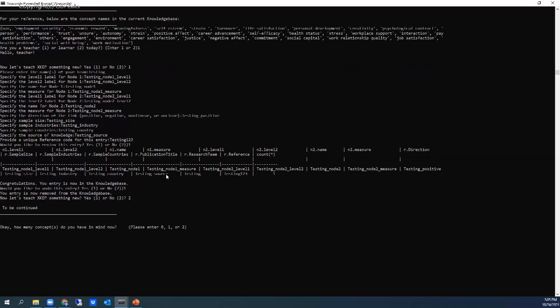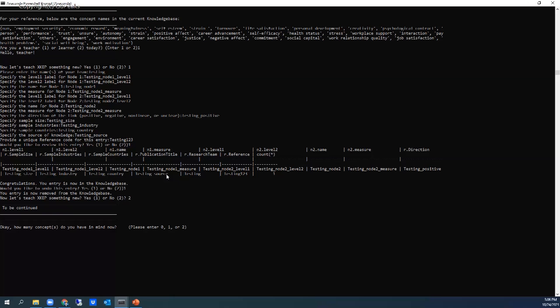Okay. Now it's asking if we would like to learn something from this knowledge base. And it's asking how many concepts, how many real-world entities we have decided on in our mind. Let's assume we already know the research question, and we want to understand the relationship between 2 particular concepts from the knowledge base.